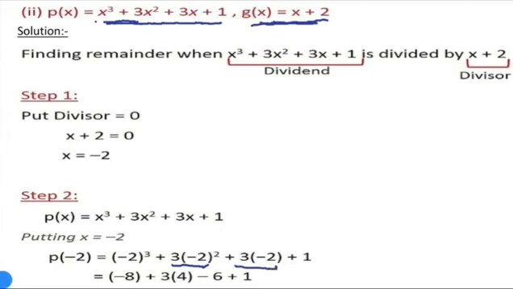So minus 2 whole to the power of 3 means we need to multiply minus 2 three times. So we get minus 8 here, and minus 2 whole to the power of 2 means minus 2 into minus 2, we get plus 4 here. So 3 into minus 2 we get minus 6 plus 1. So in the next step we get